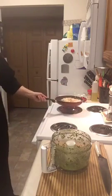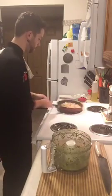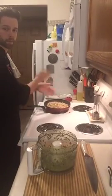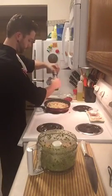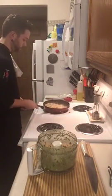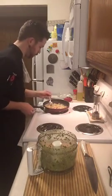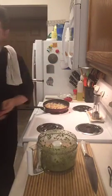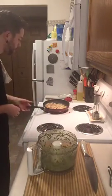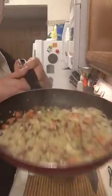Get rid of that big chunk. I think I might need another pinch of salt. See how we're doing it? Almost. You can see how the color on the cauliflower is